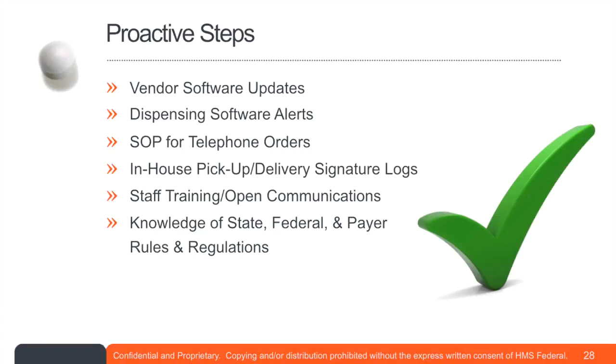Standard operating procedure for telephone orders. Make sure that when that telephone order comes in, first of all, if it's a new order and the tech can take it, great. If the tech can't take it, make sure it's handed off. Put that order in writing, and then put "telephone order" on that actual order that you take in, something that's going to document where the prescription originated.